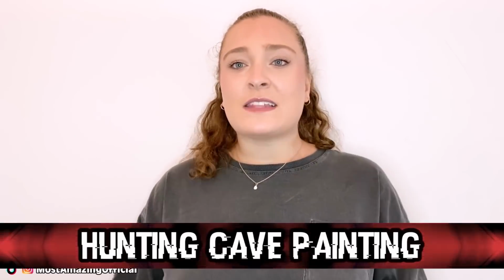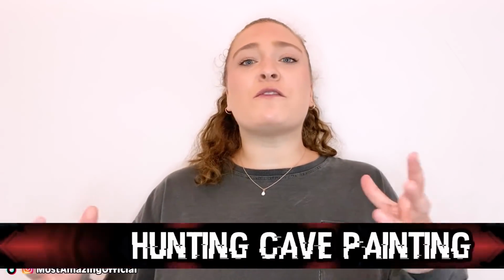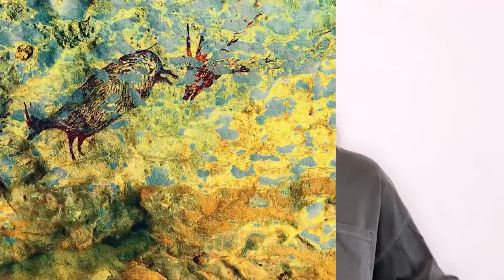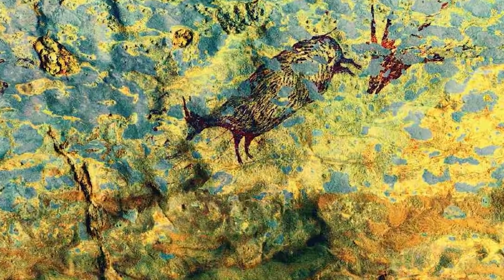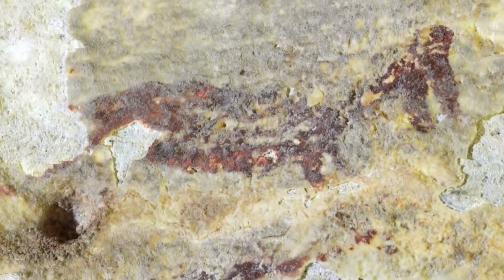List, in our number 10 spot, we have this hunting cave painting. This painting comes to us from an astonishing 44,000 years ago and was found on the wall of a cave on an Indonesian island. Researchers were able to date this painting that far back due to the fact that the cave it was found in is still living, which means that rock formations have been growing over the painting, and